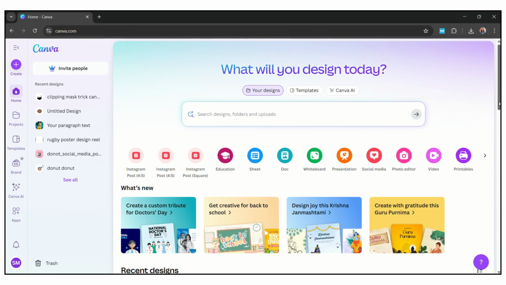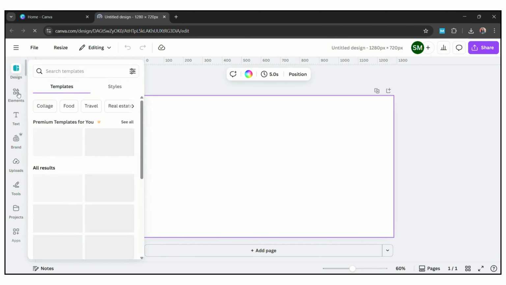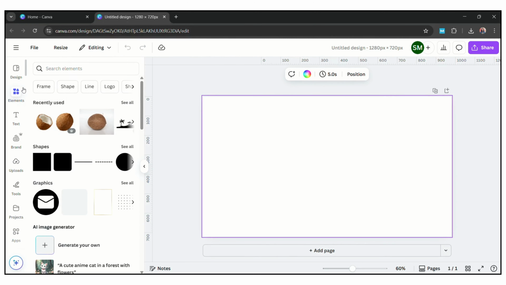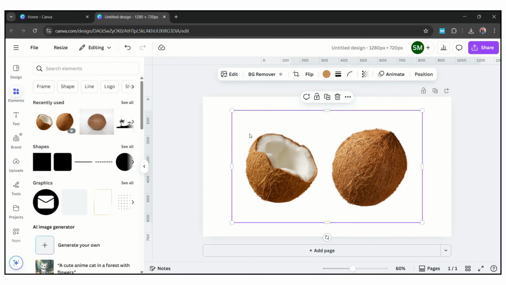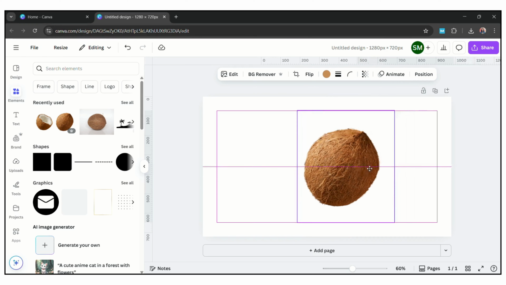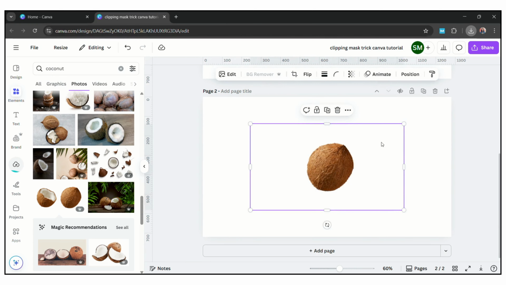So let's start. Go to your Canva account, click on custom size, and select the 1280 by 270 pixel layout. Then go in elements and search for coconut image. I select this because I want a coconut image like this. So crop this